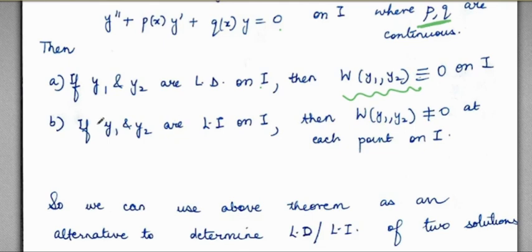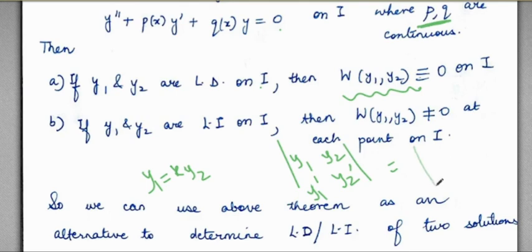If one solution is a scalar multiple of the other, then the Wronskian, which is a 2 cross 2 determinant, will have k, the ratio, come. For example, y1 is k y2, let's say. So what will be the Wronskian of y1 and y2? You will write y1 y2, y1 dash y2 dash. So it will be, y1 can be written as k y2, here you will have y2, here you will have k y2 dash, here you will have y2 dash. Obviously this is 0 because one column is a scalar multiple of the other column. So that way it's an obvious result.